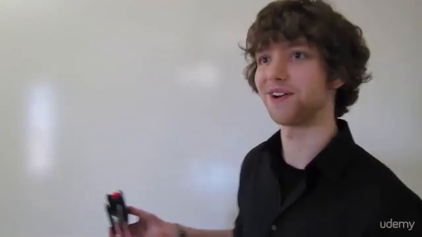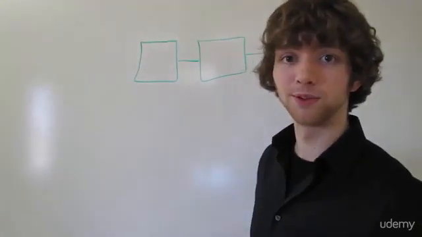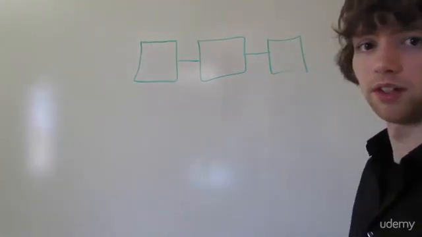Well, let's just draw some boxes just to kind of get an idea of how this might look. Okay, so you might be like, okay, cool, we figured out inner joins and how those work, but how do they work when you have 3 tables? Let's find out. Here we have 3 tables,